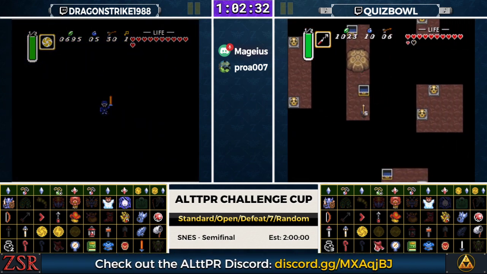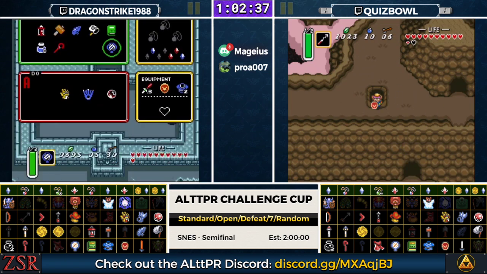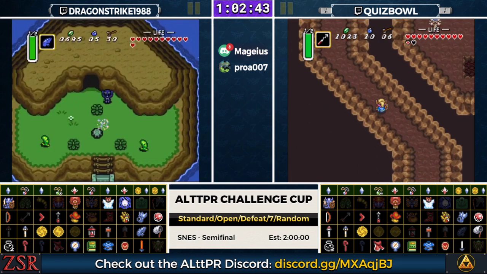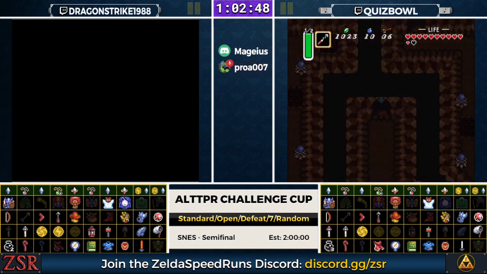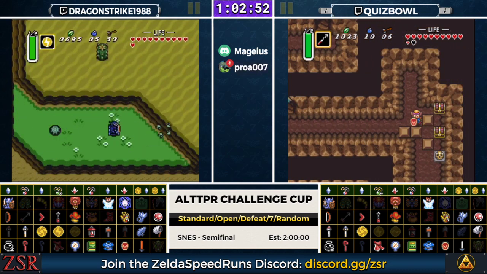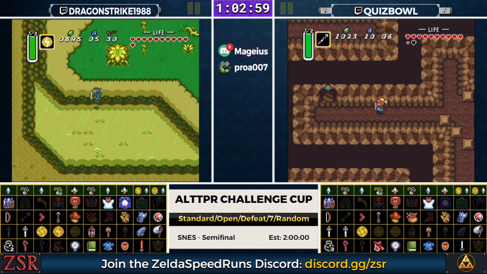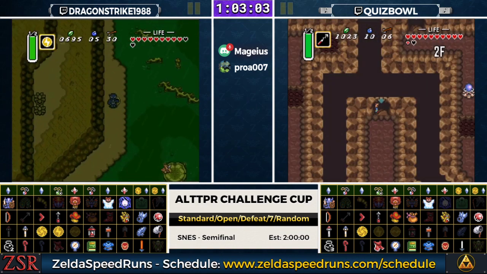And the cape. Nothing that good, but useful. And here's Super Bunny. Okay, so Dragonstrike now with 4 crystals completed is going for Misery Mire. Ooh, there's Powder. Dark Death Mountain not really having as much stuff, but